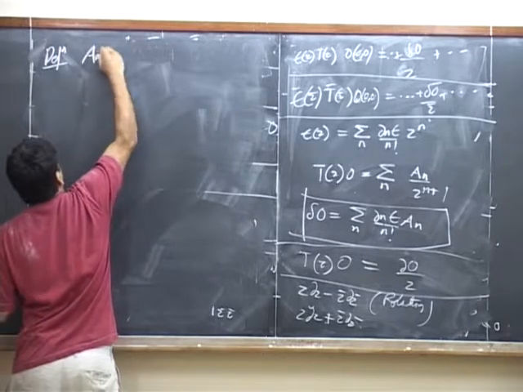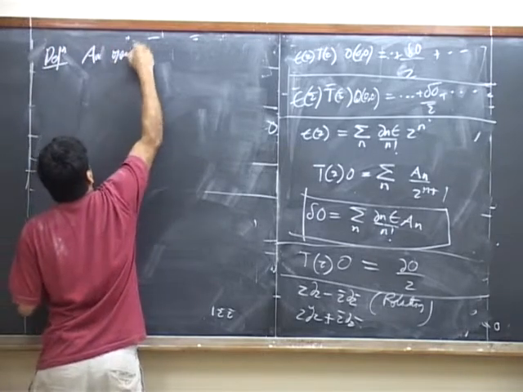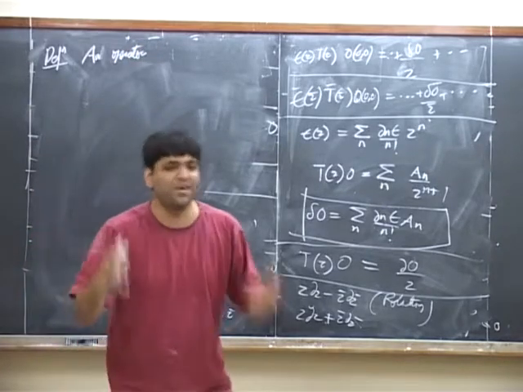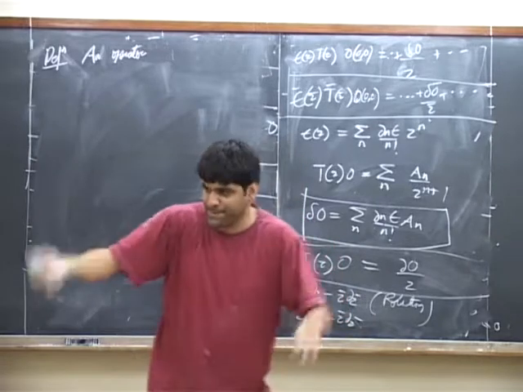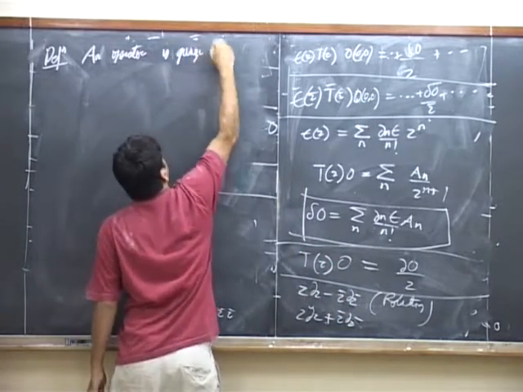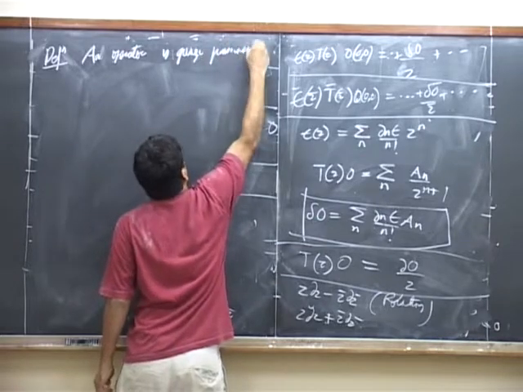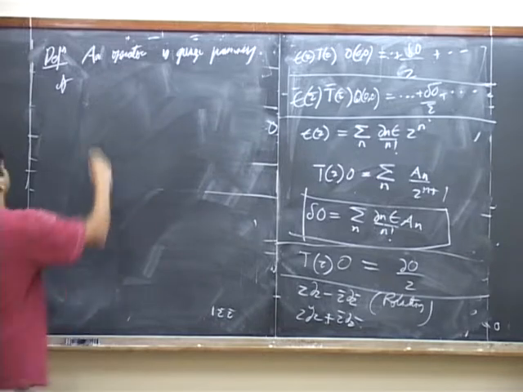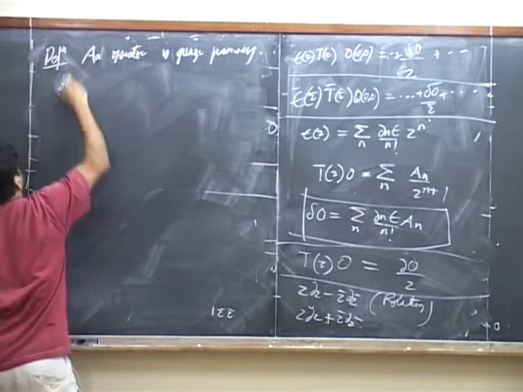An operator is said to be quasi-primary of definite weight under scale transformations and spin, if its transformation of weight h,